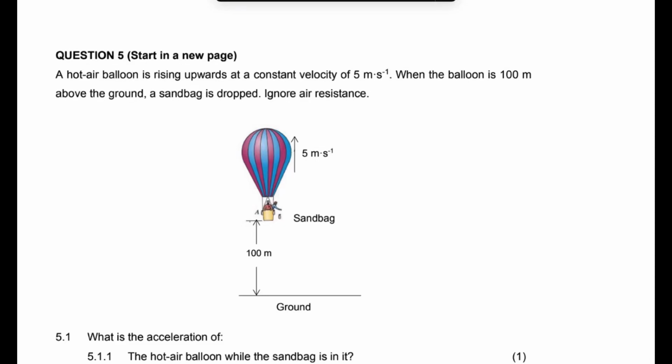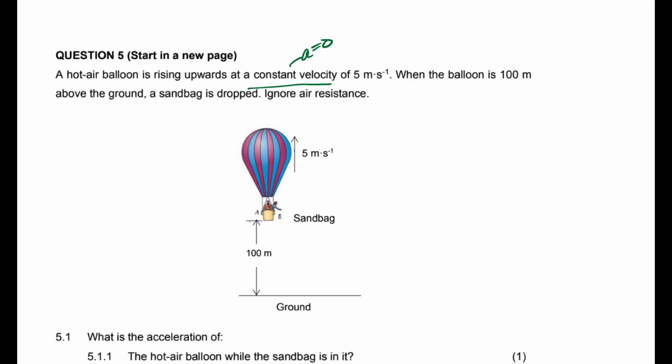Today we're going to look at the question on vertical projectile motion on a hot air balloon. This question says a hot air balloon is rising upwards at constant velocity. That's very important. Constant velocity means its acceleration is what? Is zero. Now it says when the balloon is 100 meters above the ground,